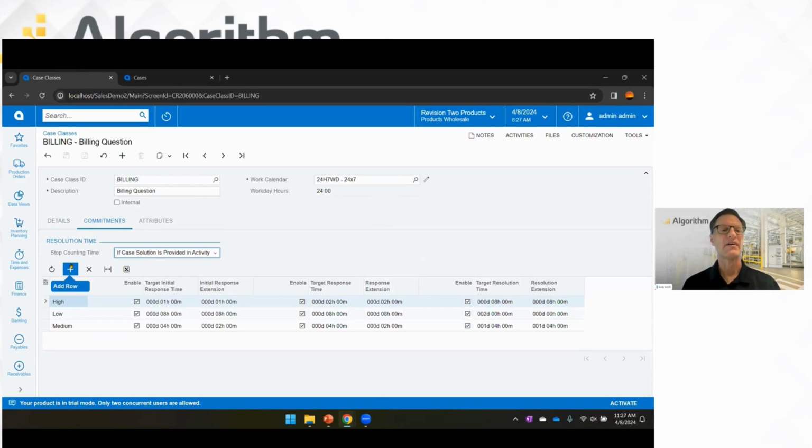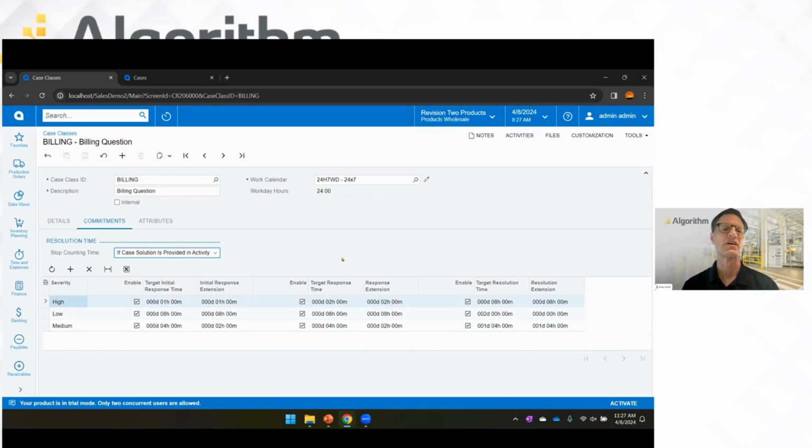So down here at the bottom, which I see is for each severity of case, so that's a field on the case screen indicating how important it is, I can set response times or targets for initial response, ongoing response, and final resolution. So what that should let me do is keep track in real time of how I'm doing in terms of answering my customers' questions, but then in the long term, track metrics around how we're doing as